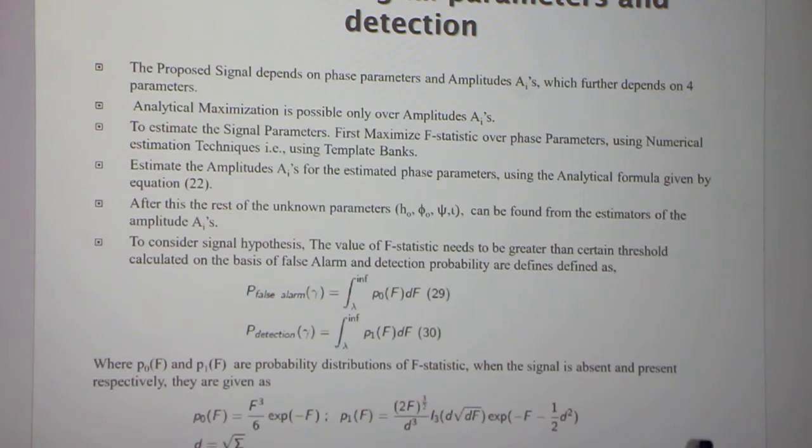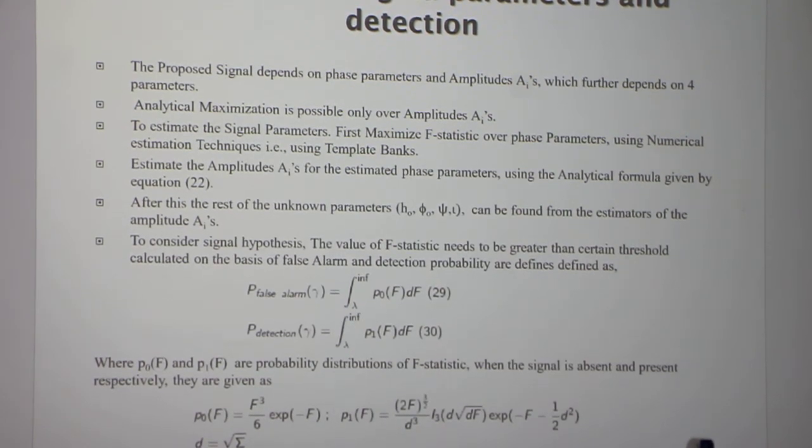So as I said, it follows a chi-square distribution. The F statistic, our new random variable, follows a chi-square distribution. These are the explicit forms: when the signal is absent, we have this type of distribution for the F statistic, and when the signal is present, we have this kind of F statistic. And I3 is basically a Bessel function. So what we